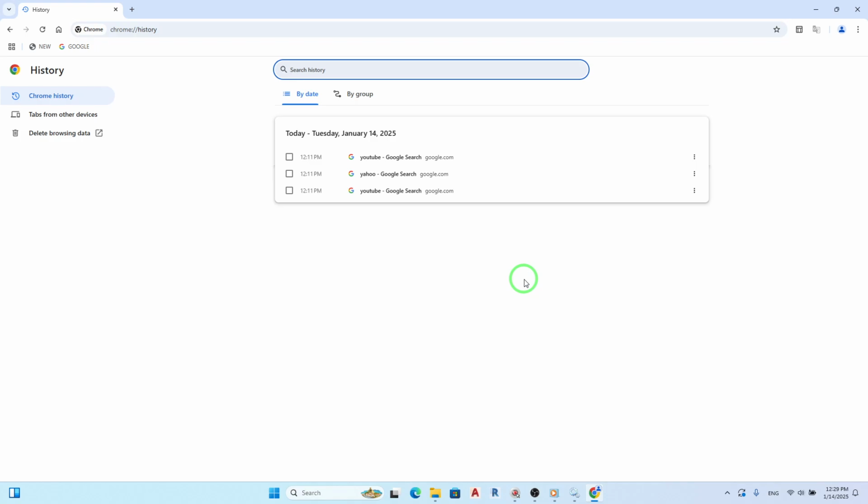On this page, you'll find a chronological list of all the websites you've visited. Each entry includes the date and time of your visit, making it easy to scroll through and find exactly what you're looking for. If you want to revisit a specific site, simply click on its link and it will open